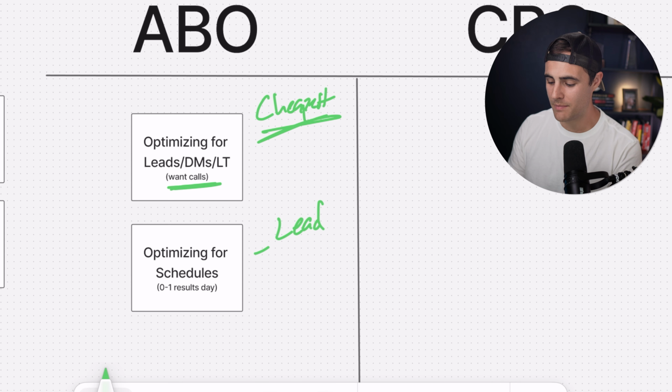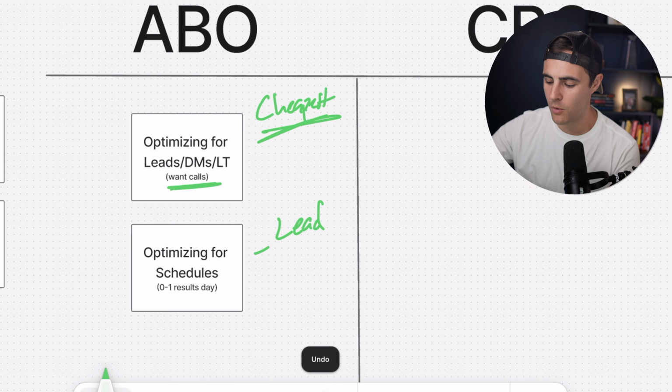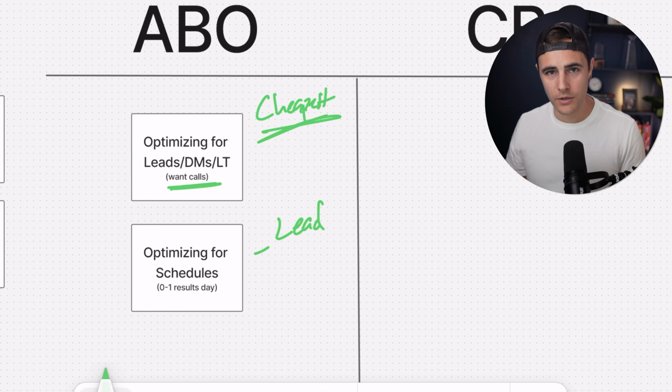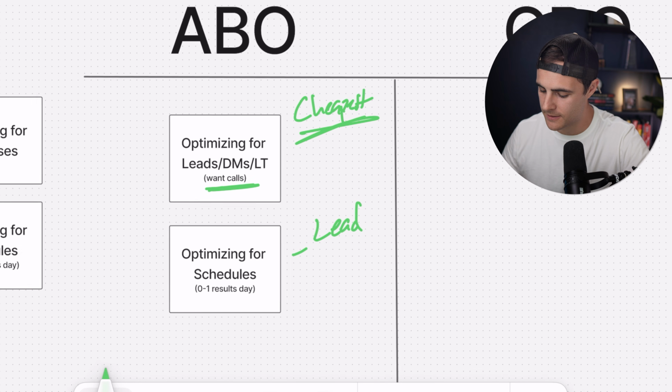So ABO and both of these two structures here that I've already covered are actually gonna require more media buying for you to do. You're gonna have to manage the accounts a little bit better and use a software like Hyros or Cortana or something like that so that you have better eyes on your actual campaigns, okay?